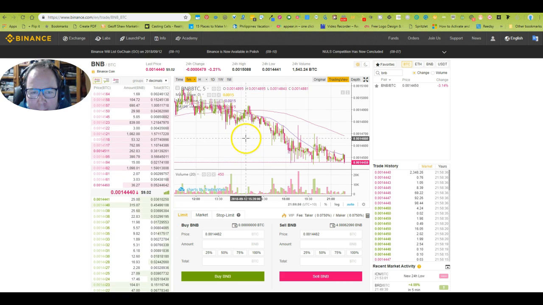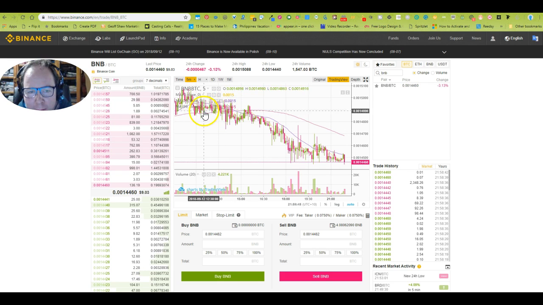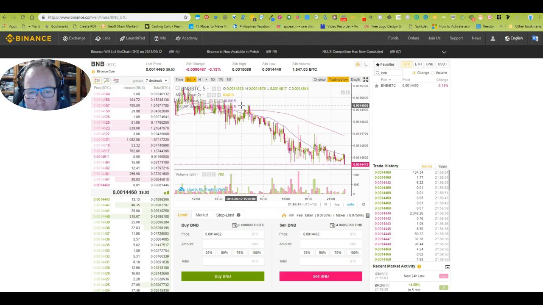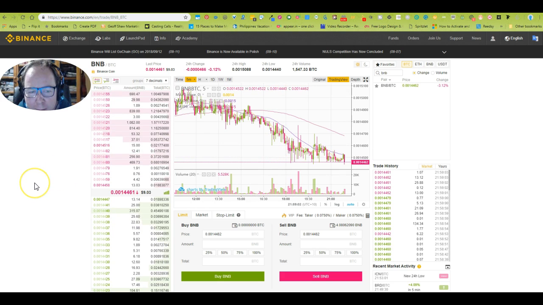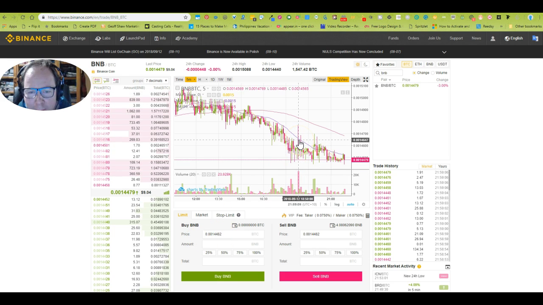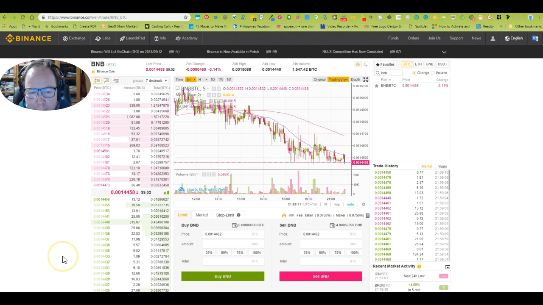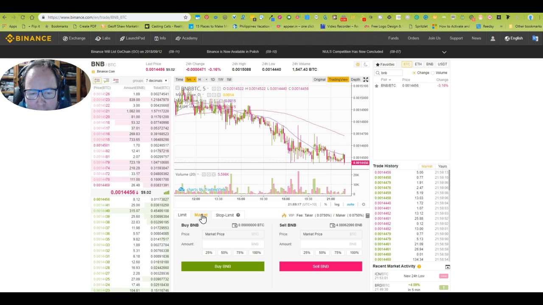can come into play if it's, say, close. It's been pretty close going up and down, then you can sort of say, okay, 5 minutes ago it was worth that, and then 10 minutes ago it was worth that. If you can see it going down, then it's up to you to decide whether you want to put a limit order to see if it would go down to that again, what you're willing to do. That's up to you, but if you just want to just get into some BNB right away,